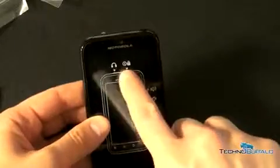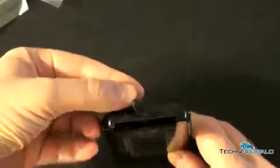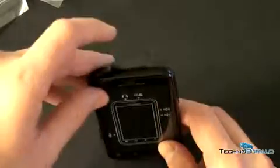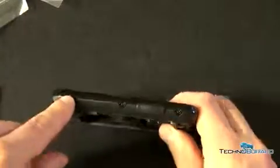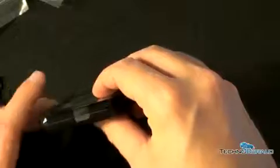We actually just follow the picture on here to see what else we got. 3.5mm headset jack, which has a little bit of a cover on it. This guy supposedly is a little bit of a water-resistant phone. I wouldn't necessarily take this out in the rain or drop it in some pools of water, despite what people have done on tests. That's sort of why we see all these little ports covered and why the screws are all visible. You're supposed to get a decent amount of water resistance with this, but phones and technology don't necessarily